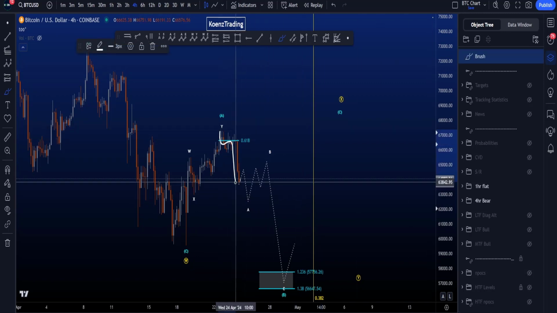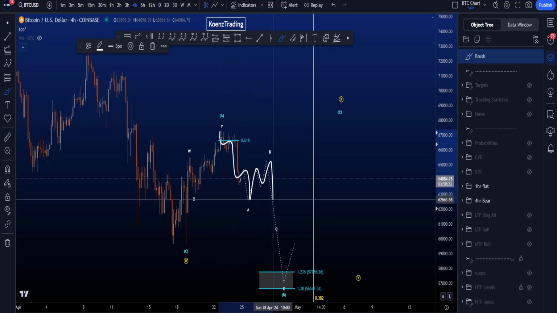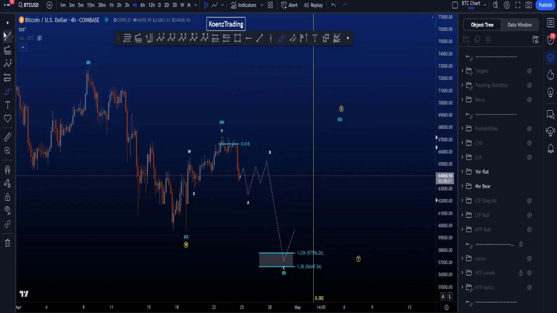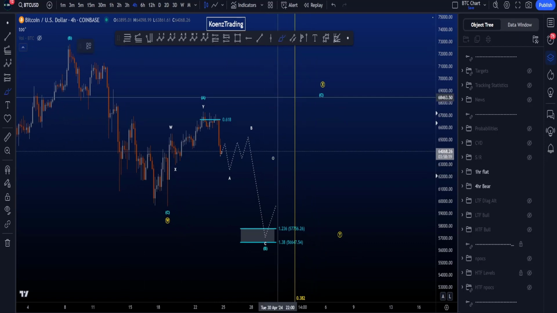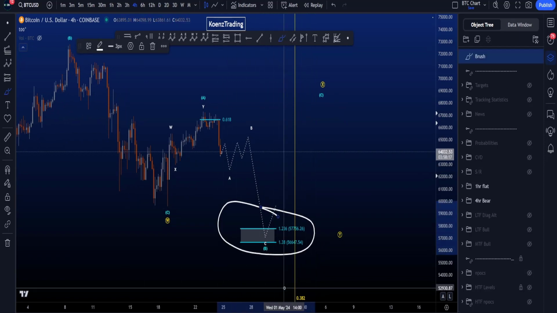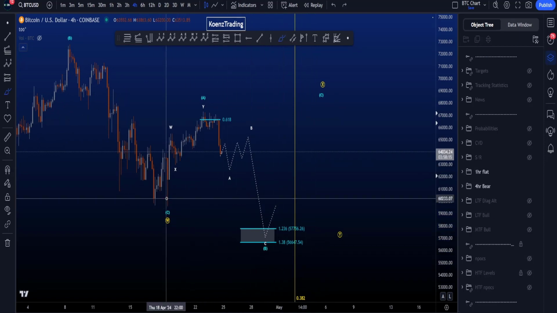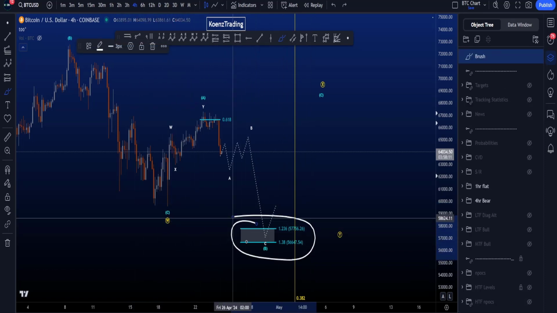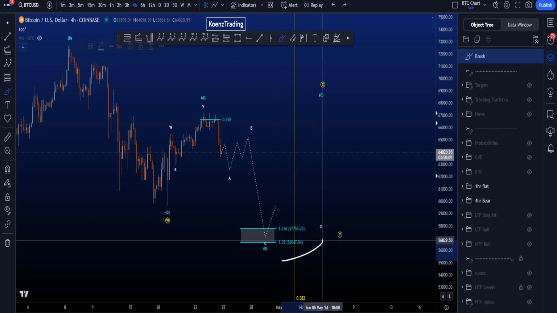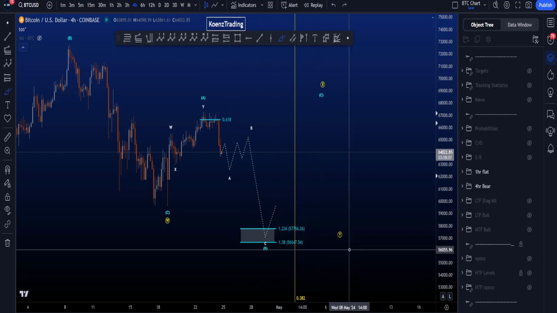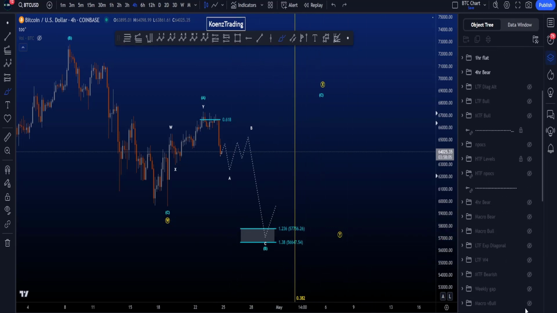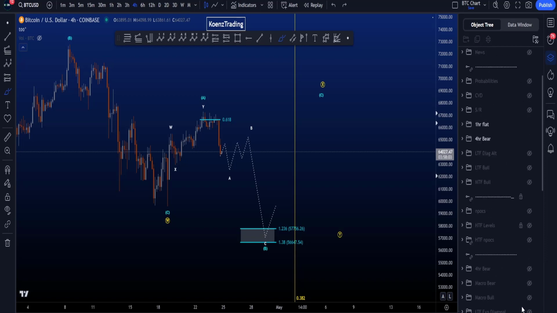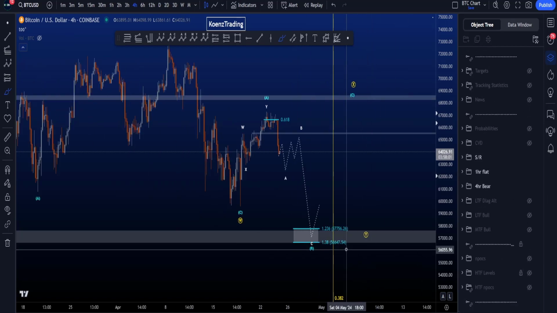Now here we then have a 1, 2, 3, 4, 5 3-wave move in B, and then we're looking for a move to the downside in a wave C, where the common target for wave B in an expanding flat, which is the most common flat pattern where you take the low over here, is between the 1.236 and the 1.38, which is 56.6k to 57.7k, which is also in confluence with this support resistance area over here, which is